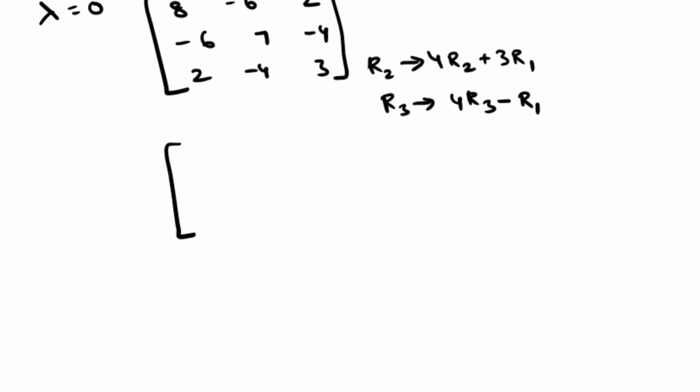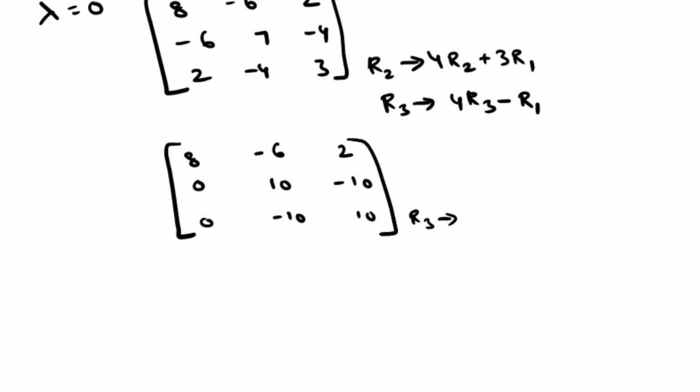The matrix will be, row 1 will be as it is. Here R3 implies